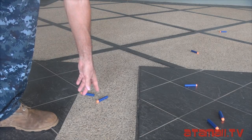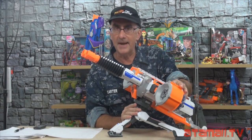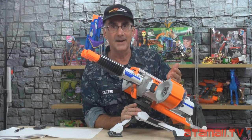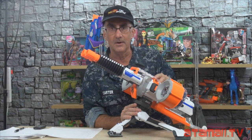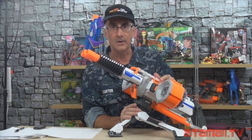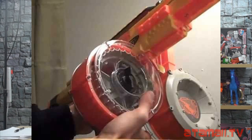Maximum range about 75 feet. Now with these drum magazines, the Nerf Rhino Fire is similar to other drum magazine weapons Nerf's put out years ago. For instance, the ECS 50 Stampede, later on they added a drum magazine to go with that. And drum magazines have been used with